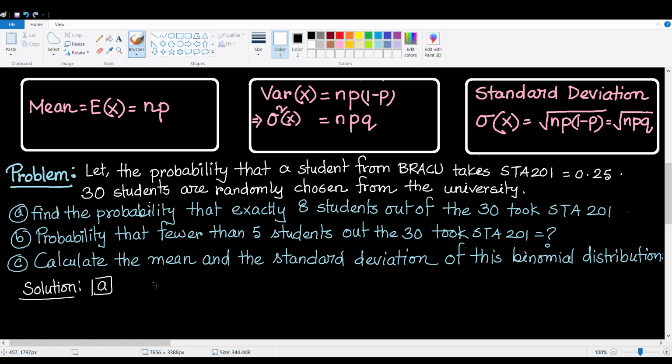The probability for a student to take STA201 is 0.25. That means p equals 0.25. Number of students we are considering here is 30, and the number of success r equals 8, because we want exactly 8 students out of the 30 to take STA201. Now using the formula,